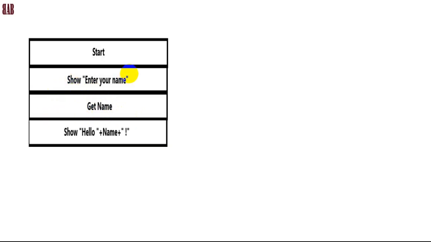Now in our exercise, we need to accept a name. So we give a message to indicate to the user that the computer is waiting for a name, and using this command, we are accepting whatever the user types in and putting that into the variable called name. And then at the end, we are supposed to put a greeting on the screen, right? So use the show statement, because show is what allows you to put something on the screen,